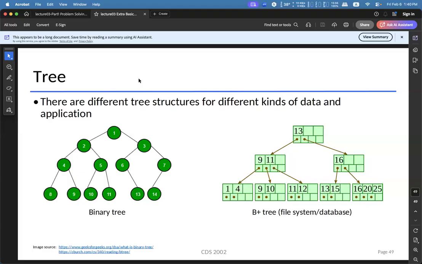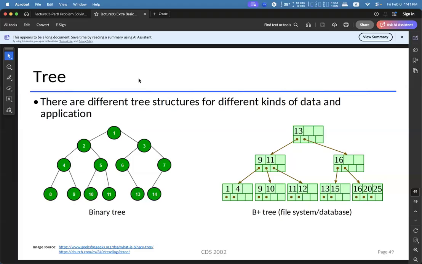The reason why I need to explain this is that many students who have taken data structures in the past may have the misunderstanding that there is only one type of tree, called the binary tree. In reality, when you have different applications, you have different kinds of trees. You don't need to understand how the B plus tree works. This is just an example.